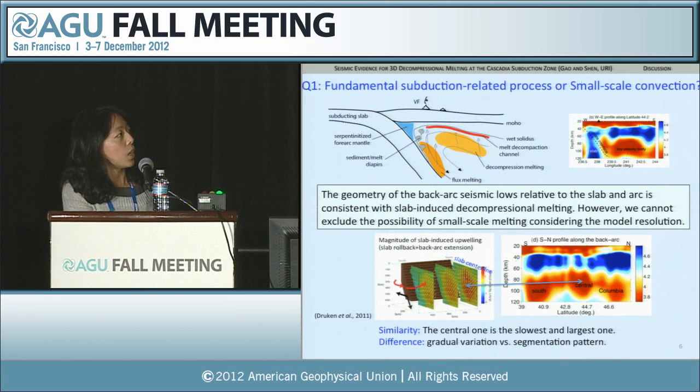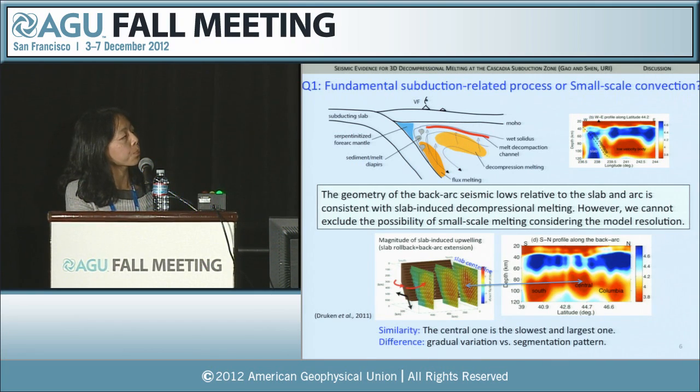So the question is, what caused the Backarc low velocity volumes? Are these fundamental subduction processes or is it caused by small-scale convection? Come back to the figure of the melting process. Compare this schematic figure with our seismic imaging. We can see that the pattern of the Backarc low velocity volume is consistent with the slab-induced